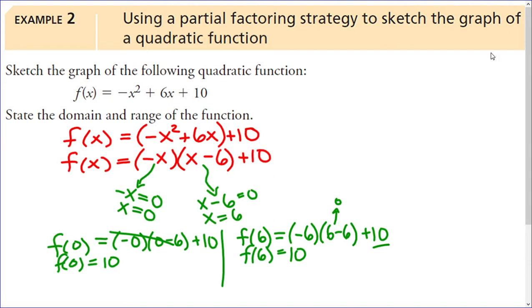If I were to write these out as coordinate points, I'd have 0, 10, and then 6, 10. And that's really helpful because parabolas are so symmetrical. And so now if I wanted to plot this out, just to get an idea of what we've just done here,